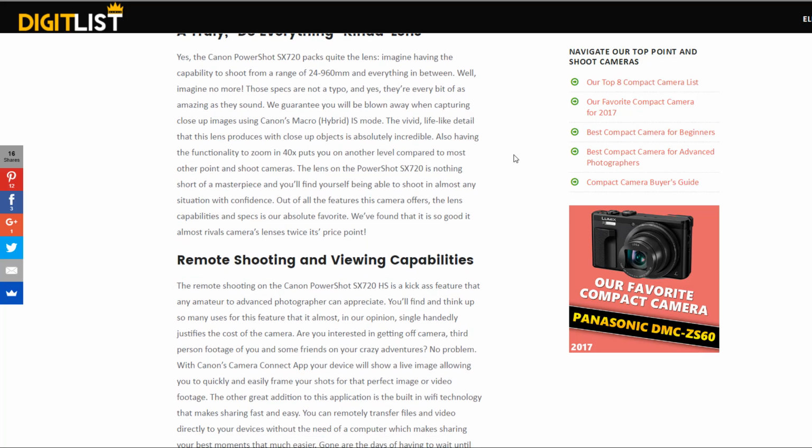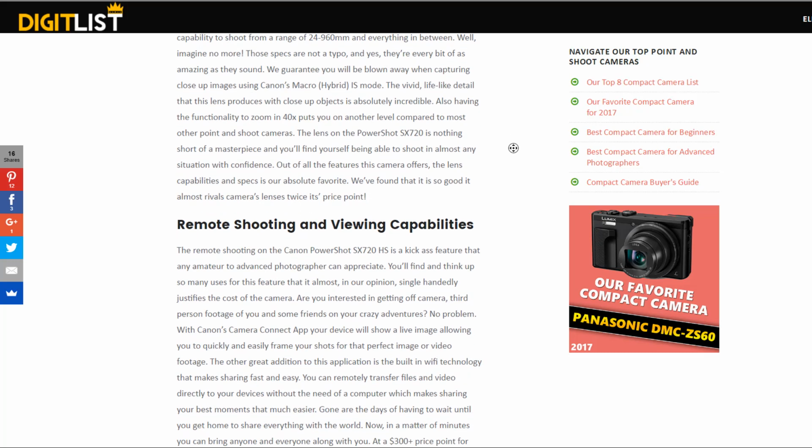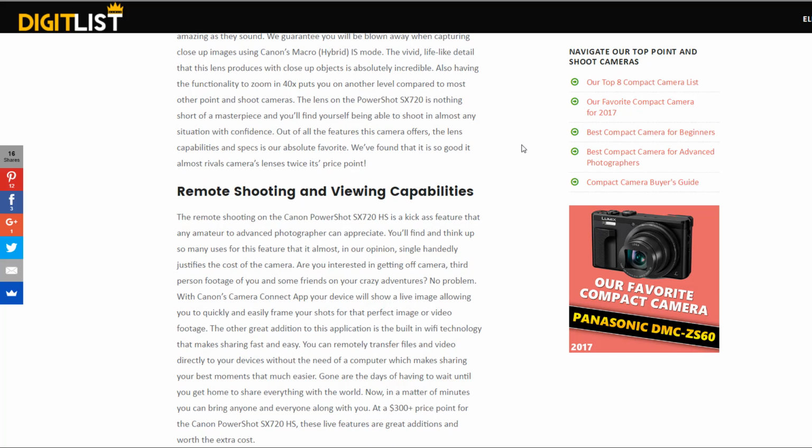You can get very close-up images with Canon's macro hybrid IS mode, and the vivid lifelike detail that this lens produces with close-up objects. Just go and look at the pictures if you're hesitant, but it's absolutely incredible. But being able to zoom at 40 times puts you on another level. Literally being able to reach out and touch things that are so far away and get some pretty good images